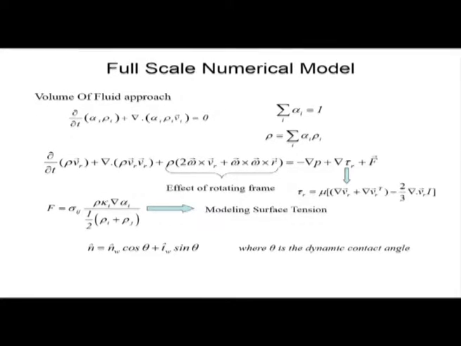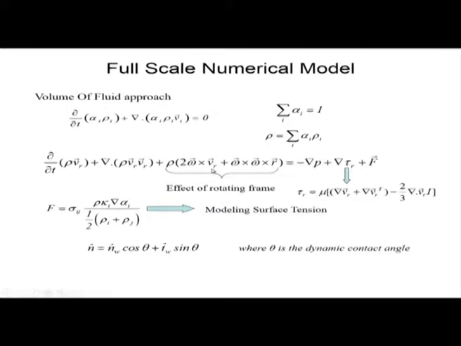For that we used an approach called the volume of fluid approach, which is a relatively well-known technique in computational fluid dynamics. What it essentially does is use a volume fraction parameter. In the two phases the volume fraction parameter takes two different values. The volume fraction may be 0 in one phase and 1 in another phase, and across the interface it has a transition. Across the interface there is a surface tension term, so there is a body force term in the momentum equation.